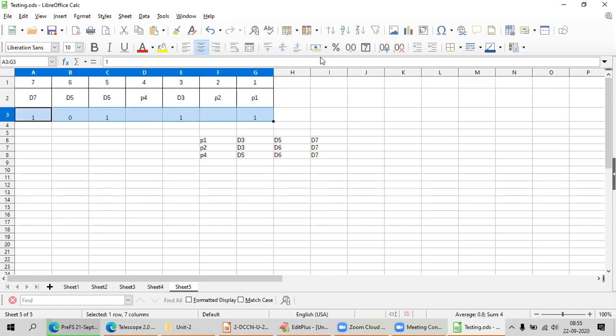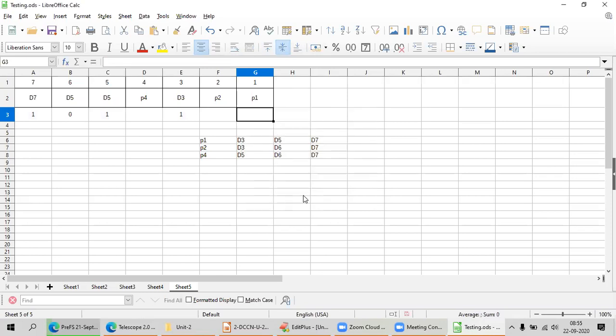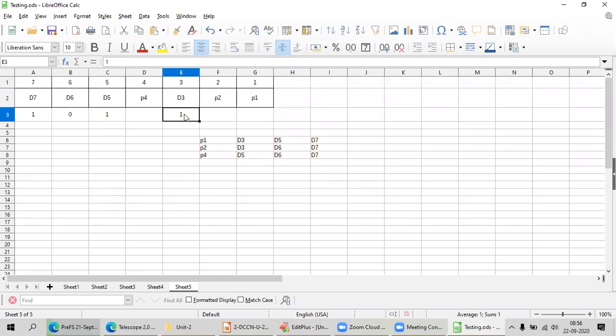Give me a minute. Okay. First of all, I did not have any information here. My data word is 1011. In D7 I have kept 1, D6 is 0, D5 is 1, and D3 is also 1. Now I want to make parity bit P1. I have to check D3, D5 and D7.